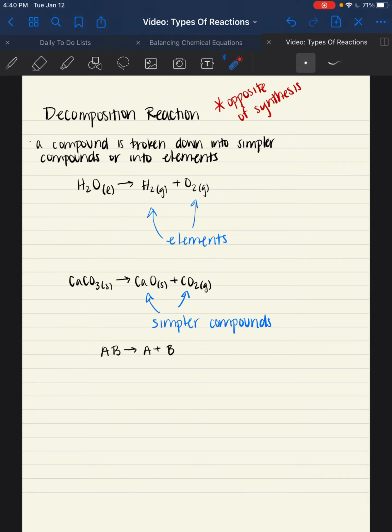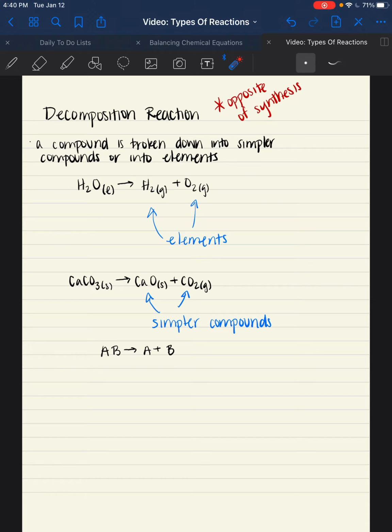Right below it, we have an example. This is water being broken down into hydrogen and oxygen. Notice this little L on the water. That tells you that it is a liquid, and you'll typically see that mostly with water. The G for gas is next to hydrogen as well as oxygen. So notice in this case, it was broken down from water, which is a more complex compound, into the elements